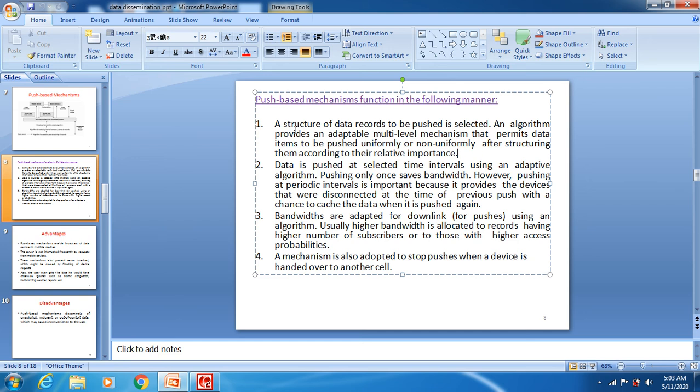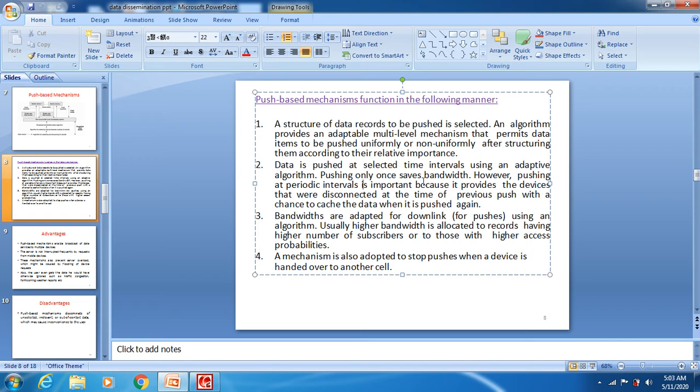So first what you have to do is structure the data records to be pushed. So we select which data records need to be pushed. Next, data is pushed at selected time intervals using an adaptive algorithm.